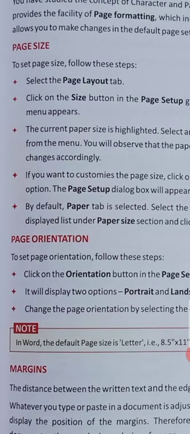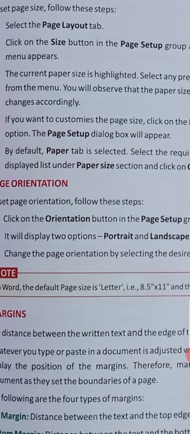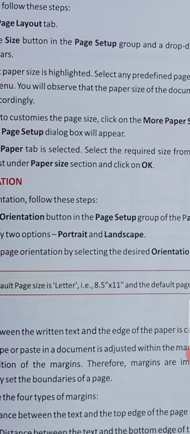Second thing, page orientation. Page orientation means how we will show our page in computer or after printing, horizontal or vertical. We have two types of orientation, portrait or landscape. Portrait means a pure standing position. Landscape means a lying position. Whenever we want to write on a standing paper, we need to click on Portrait. And whenever you write in lying position, you need to click on Landscape.